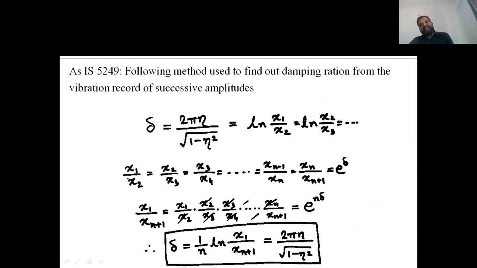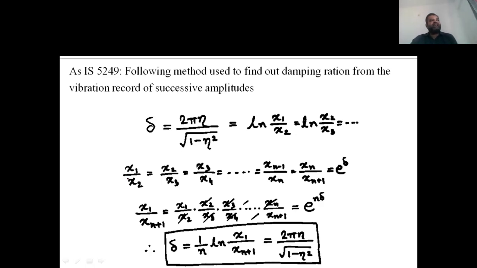So if you have an oscillator or a seismograph which can record the response of any vibrating system, for example, suppose you have a water pump through which you are lifting the water, and you have an oscillator or recording instrument which can record the response of the motor, then generally it is a sinusoidal motion, right? So if you can record those things, then from this recording you can find out the value of 2 pi eta upon square root of 1 minus eta square, based on this equation.